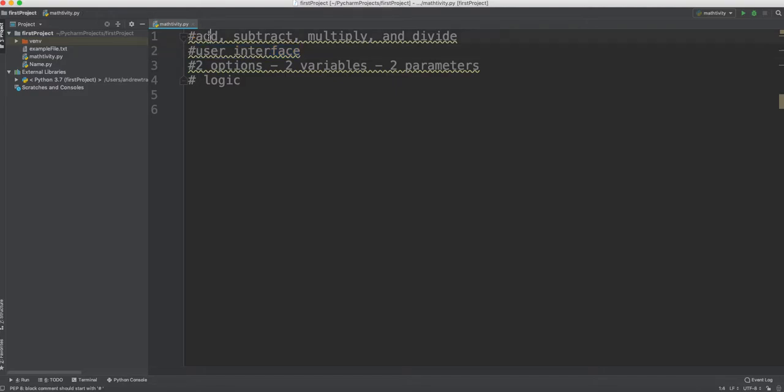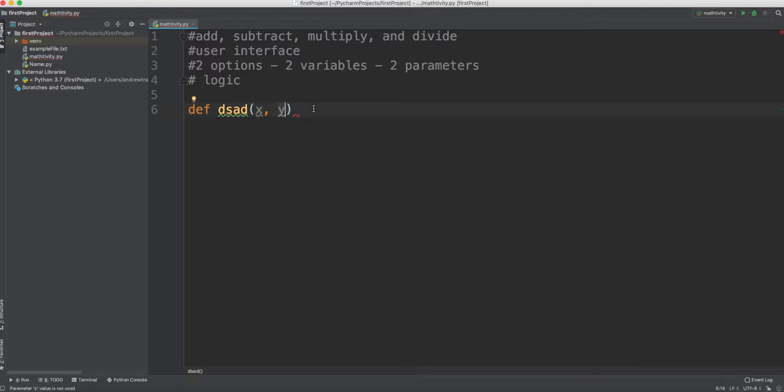All right? So, we also need two options, therefore we need two variables, two parameters. When I say two options, I mean two numbers that we allow the user to store for themselves. We want the user to store them in two variables, and since we don't want to declare a value for the variables unless the user tells us to, we want to put two parameters so that we don't need to give the variables any values. Because if I declare a variable right here, I have to give it a value. But if I'm making a function, let's call it a random name, x and y, I don't have to declare those variable values, all right? So now that we have that,